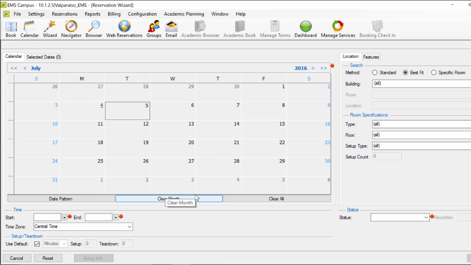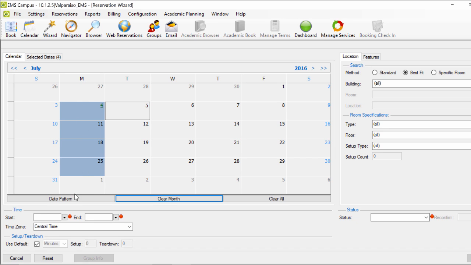Another option for selecting dates is to use the calendar in the center of the wizard screen. This is the simplest method for events that have recurrences but don't follow a specific pattern. Choose each date by clicking in the calendar box. Each date box will turn blue to symbolize that it has been selected. Alternatively, the bars to the side of the grid on the calendar may be clicked to reserve an entire week. The day of the week may also be selected to select all of the Mondays, for example, in a month.